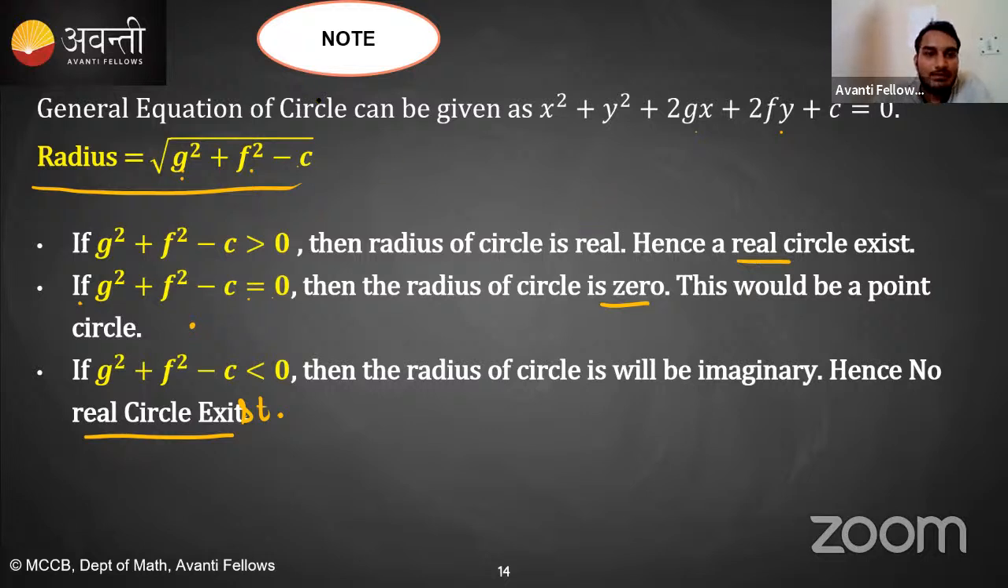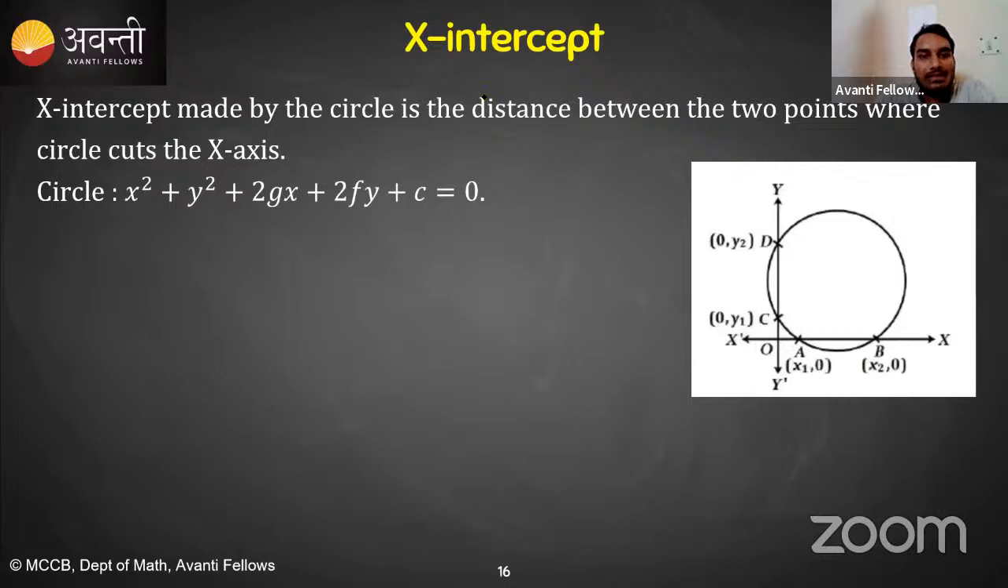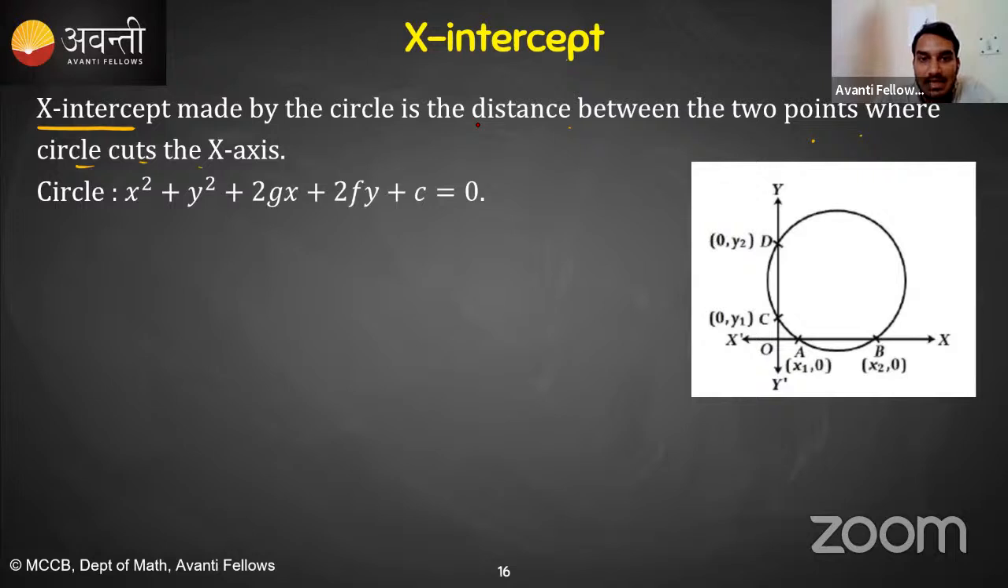Chalo. If it is clear, then let's proceed to the next topic, which is the intercept made by the circle. First of all, x-intercept. What is x-intercept? X-intercept made by the circle is the distance between 2 points where the circle cuts the x-axis. Remember, we are saying the distance between the 2 points. So the intercept of the circle cannot be negative because we are interested in